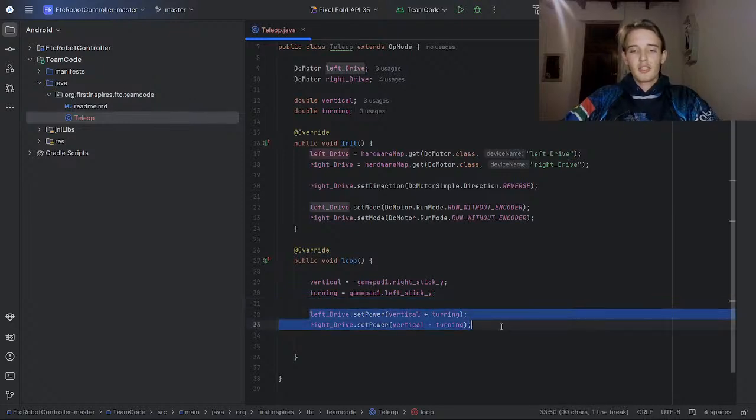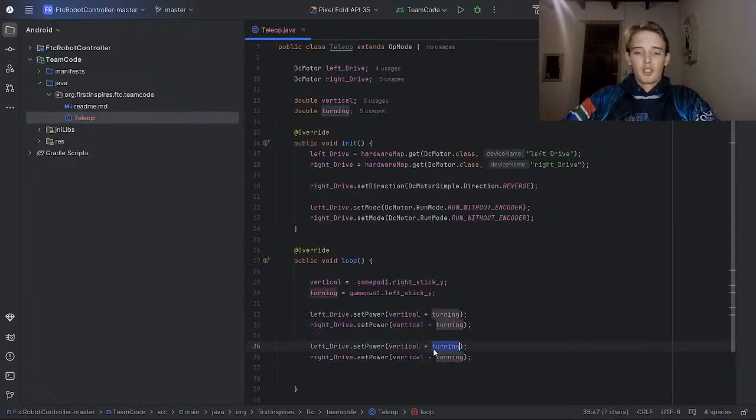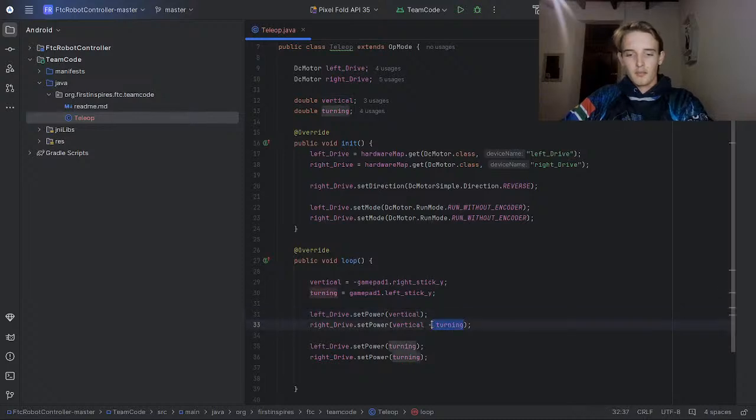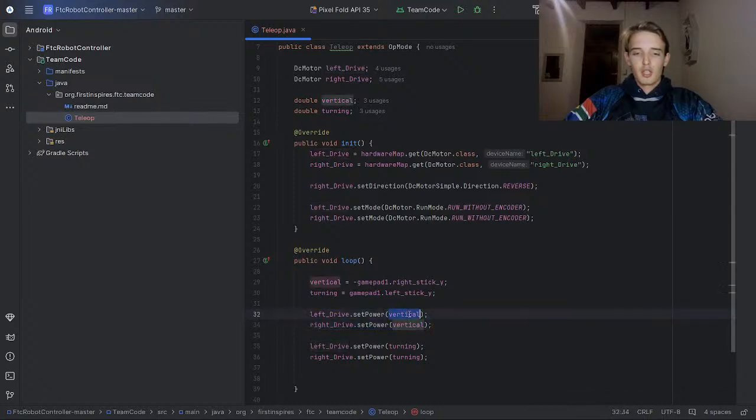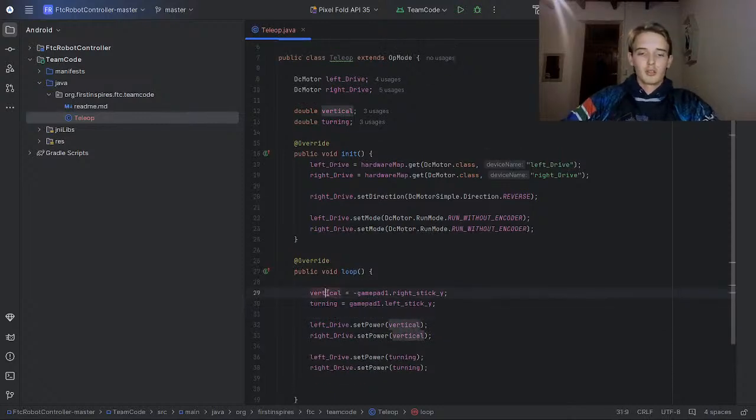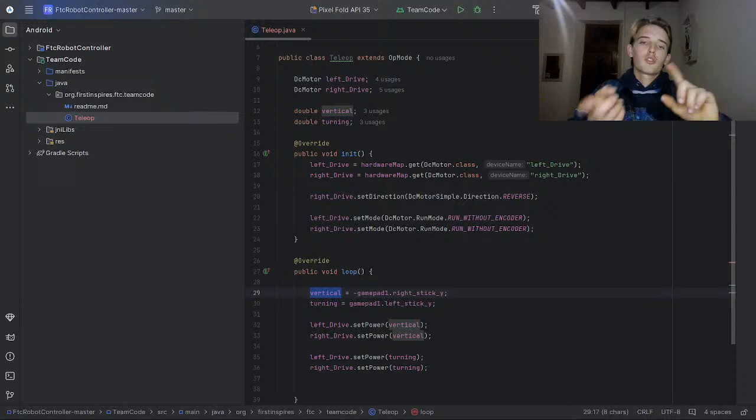The reason we need to combine the two values, rather than something like this: we're saying set the left drive and right drive powers to vertical or turning. What you would have to do is say, if the vertical is not equal to 0, which means there's input from the driver, then set it to vertical, and if the turning has input, then set it to whatever it is. But that would mean you can't turn and drive at the same time. Whereas with the method that we did,